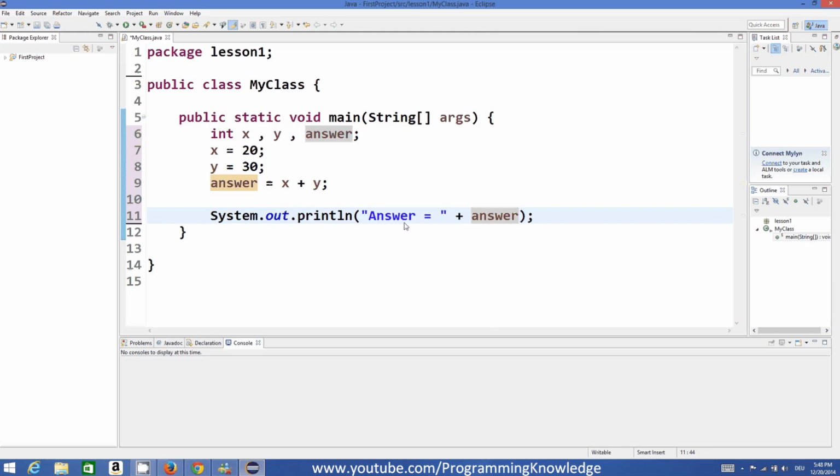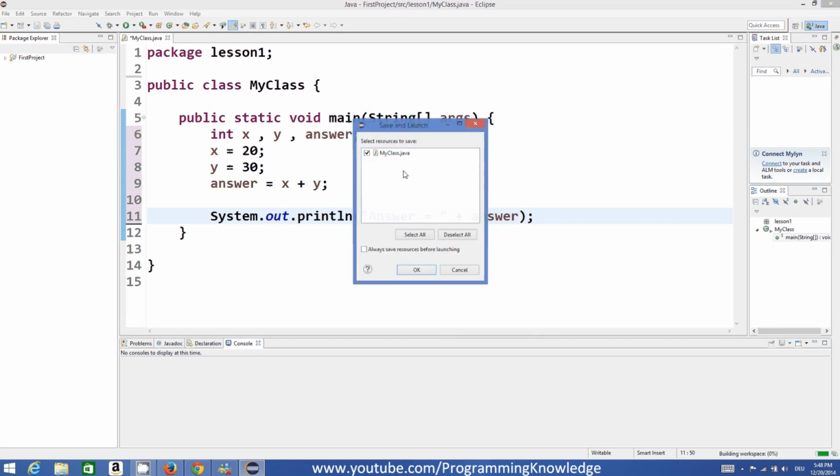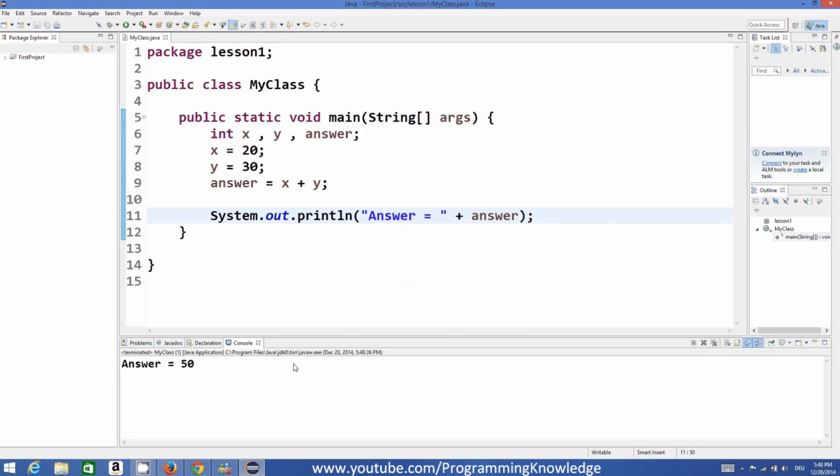So this function is intelligent enough to sense that this is a string and this is your integer, but using this concatenation operator you can print them as a single line. So let's try and run this program. And this gives us the result answer is equal to 50, which is true. 20 plus 30 is equal to 50.